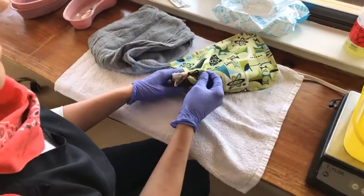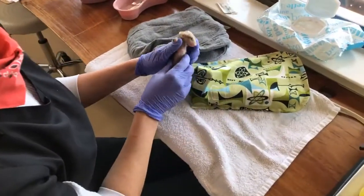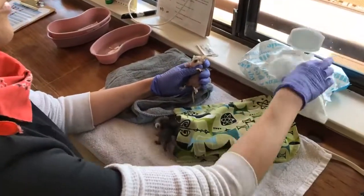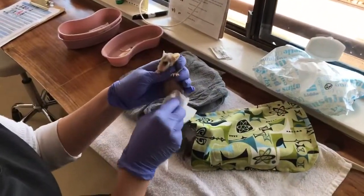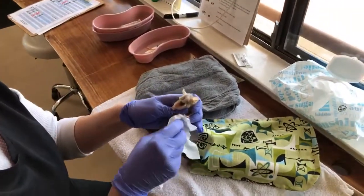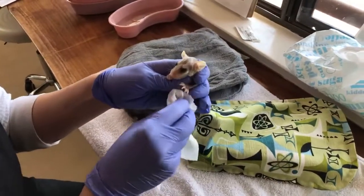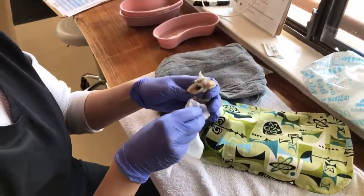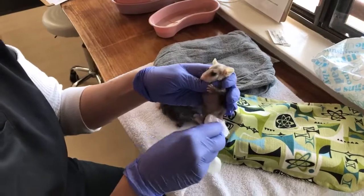So, do we have an estimated age on these guys? These guys are just about 45 days. With opossums, 45 days for a lot of species would be much more mature. But remember, we consider them born when they leave the uterus and head into the pouch. And so really a lot of development